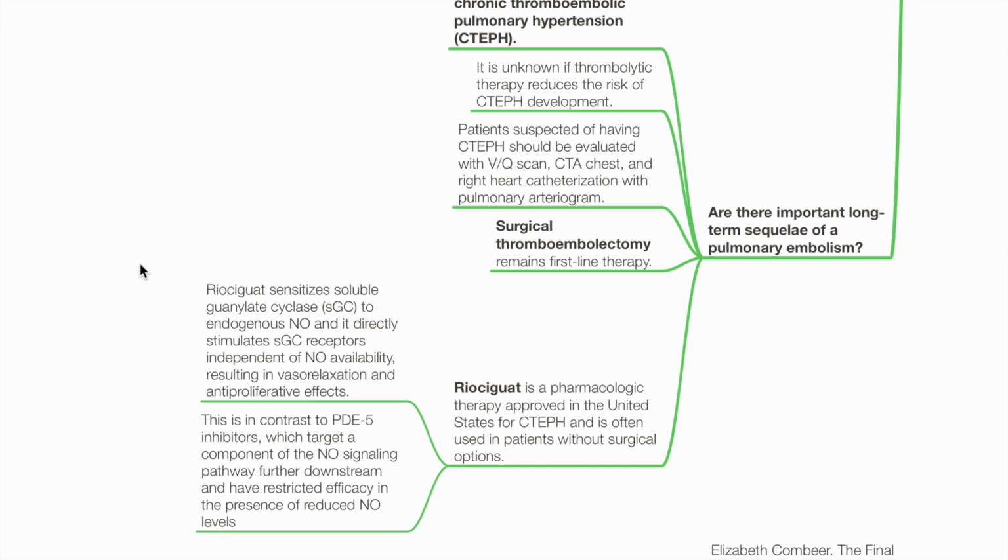Riociguat is a pharmacologic therapy approved by the US for treatment of chronic thromboembolic pulmonary hypertension and is often used in patients without surgical options. This drug sensitizes soluble guanylate cyclase to endogenous nitric oxide, and it directly stimulates sGC receptors independent of nitric oxide availability, resulting in